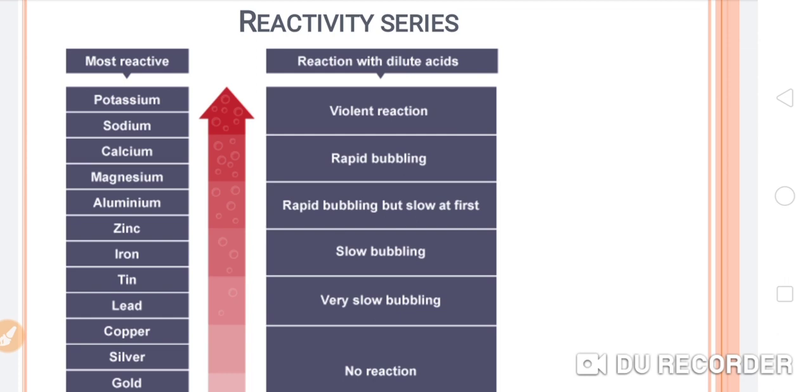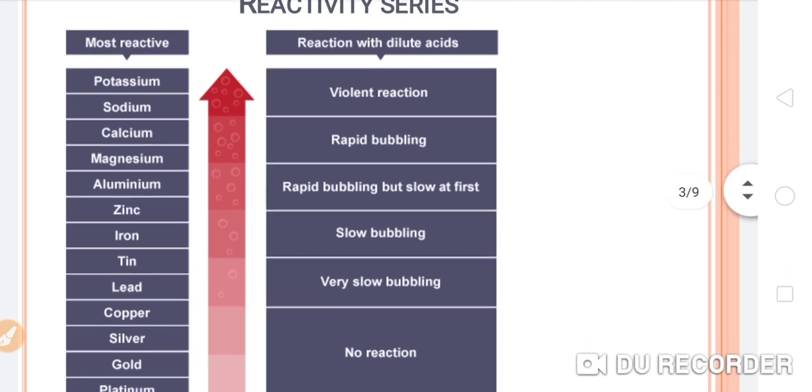Meaning the rate of reaction is decreasing. Okay, so first you can see here a violent reaction with sodium and potassium, meaning in the reactivity series the position of sodium and potassium is very high, the first and second position. So the position of the metal is determining the speed of the reaction, the rate of the reaction. So on moving top to down along the reactivity series, the reactivity of the metals with acid will decrease. So this is very important.